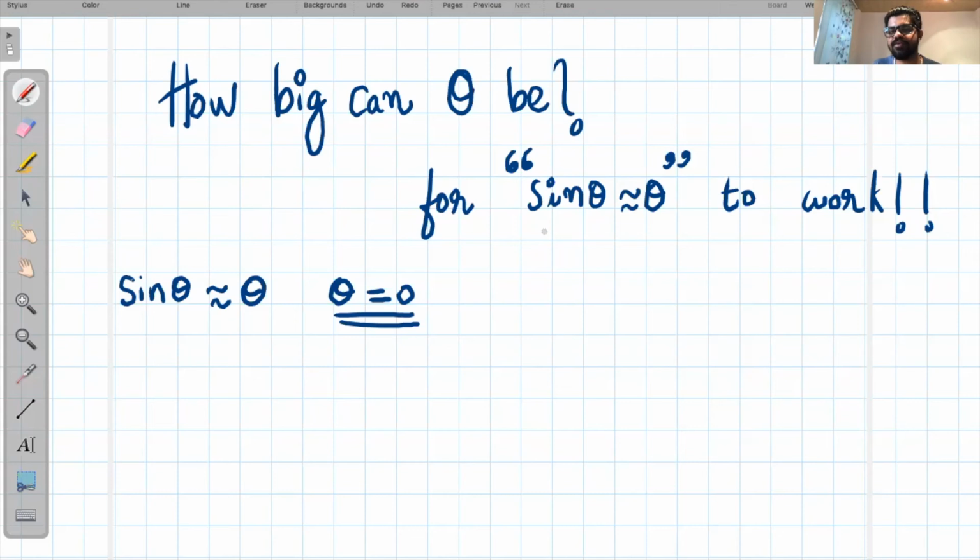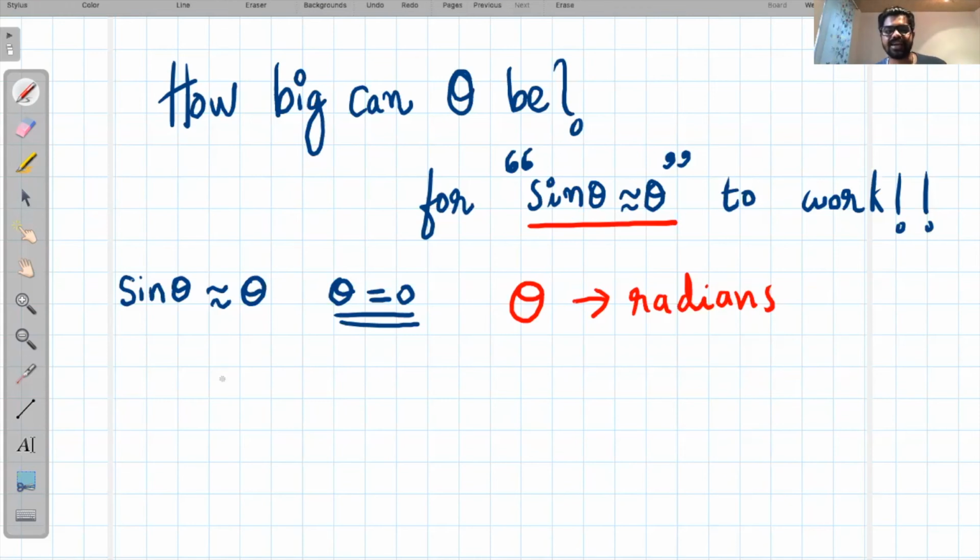The first point I wanted to tell you is that if we have such an equation, sine theta is equal to theta, please don't think in terms of degrees. Degree is a unit of convention. Degree is a unit that we made for our convenience. The natural unit of an angle theta is always radian. It's not degrees. Radians are the kind of units given by nature. It is natural. It is not made according to our convenience. And since it is made by nature, it is beautiful in itself.